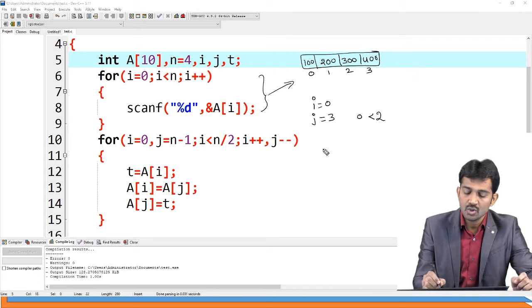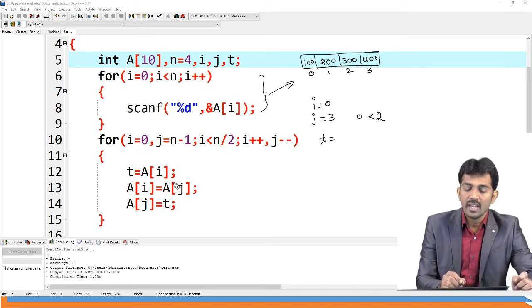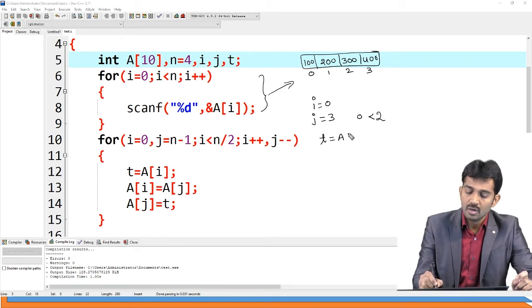Condition true. When the condition is true, what did I do here? T equal to A of I. A of I means A of 0. Next, A of 0 equal to A of n minus 1, that is A of 3. Next, A of 3 equal to t. That means you are simply going to swap these two.